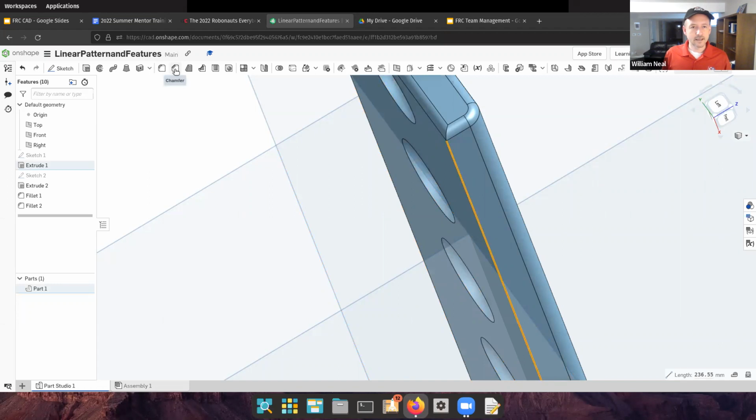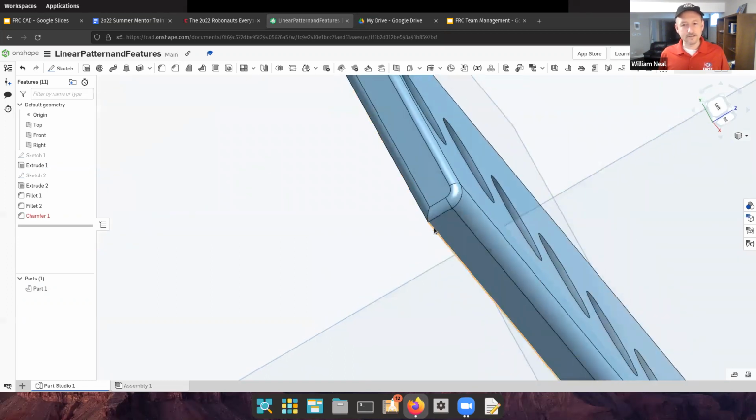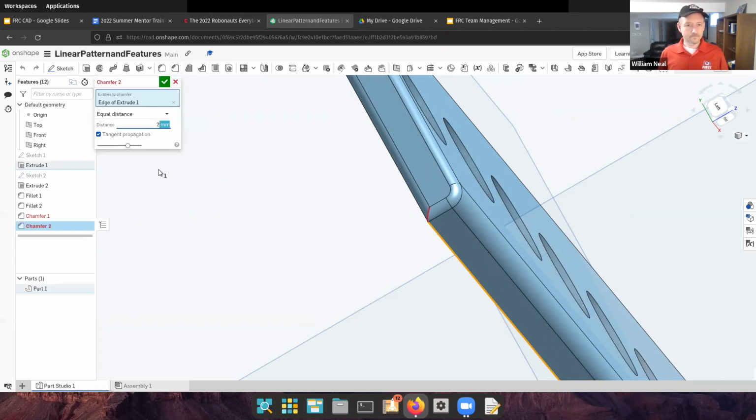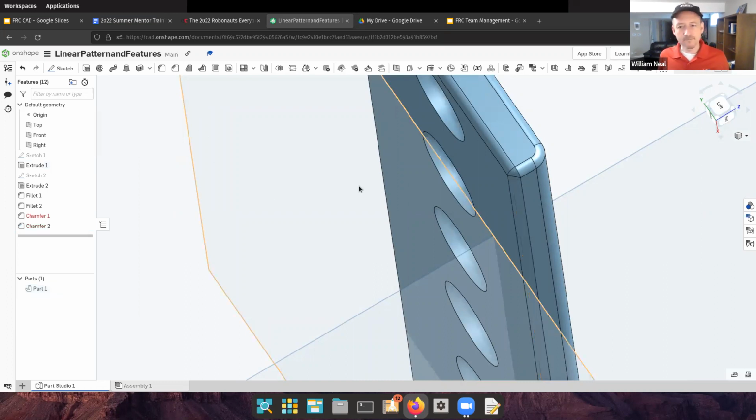And I will try a chamfer this time. That's a straight edge coming out, and we'll try a 2 millimeter chamfer. Did it work? It's not quite working now, is it? Let's try that again. So you see, it only allows the dimensions that are possible given the current setup. It didn't allow me 2, but it allowed me a 1 millimeter chamfer, which is